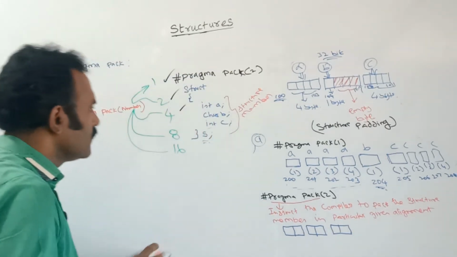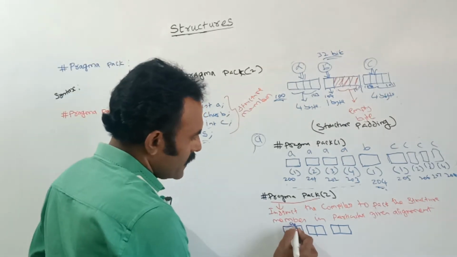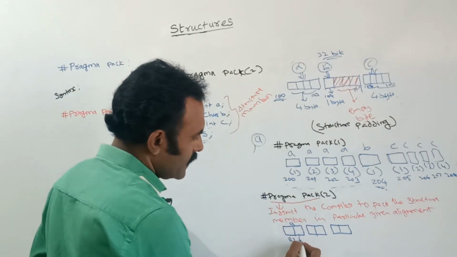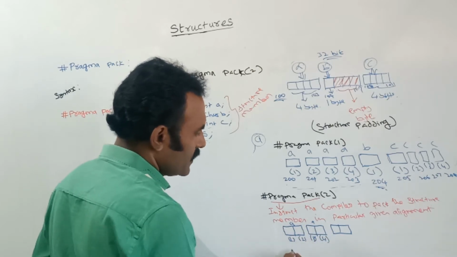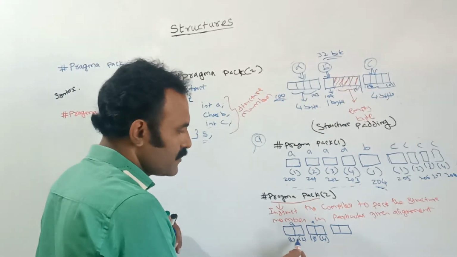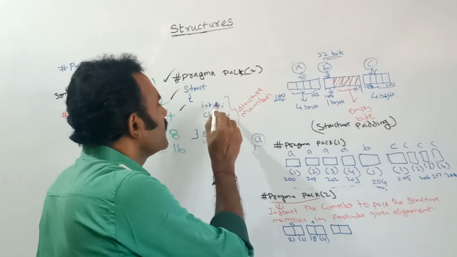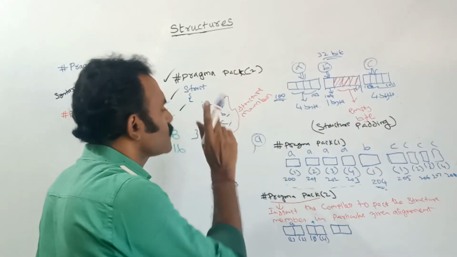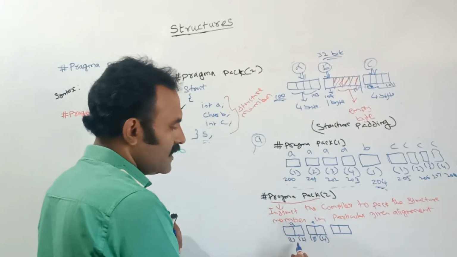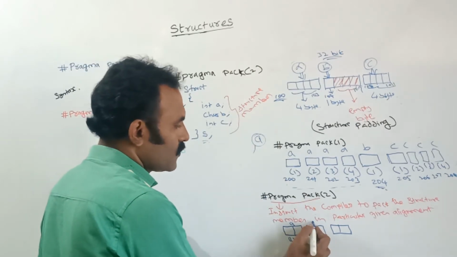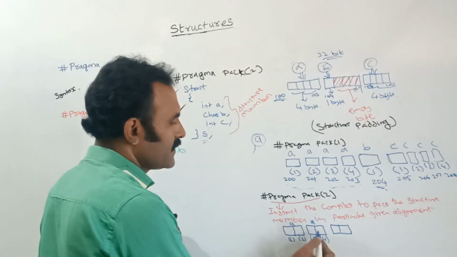To see, for example, let us take this one integer A. Here A of 1, A of 2, A of 3, A of 4. Because A is the integer data type, it occupies 4 bytes. For reading or fetching the data, it takes 2 cycles, because each cycle handles 2 bytes. So here 1, 2, 3, 4. So these 2 memory blocks were aligned for A.